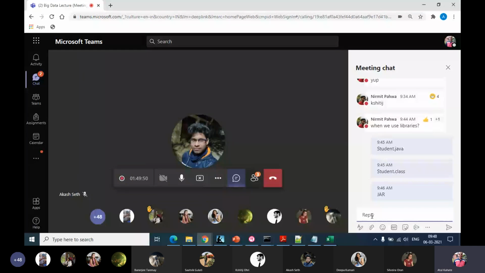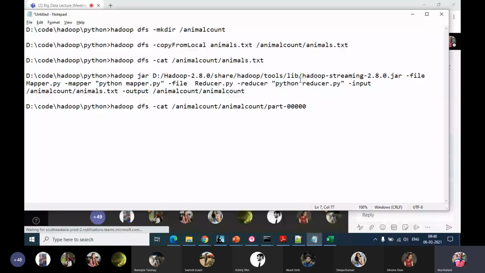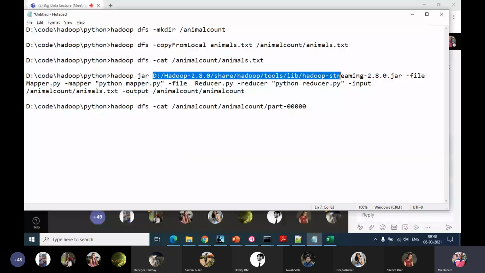Now, why are we referring to all this Java terminology here? Because as I had mentioned earlier, Hadoop itself is written using Java. So when we run Hadoop, we actually run a Java program. So here we are saying hadoop jar, and then we are running a specific jar file called hadoop-streaming.jar, which is inside our Hadoop installation's share/hadoop/tools/lib folder. That is why this long path. This jar file enables running our Python code inside HDFS.